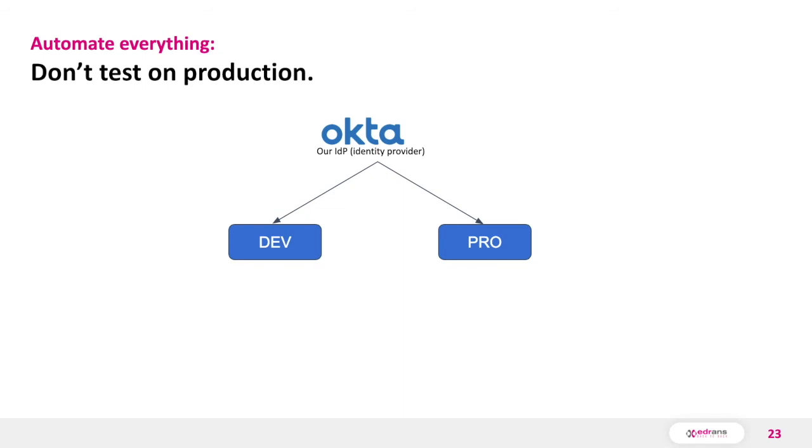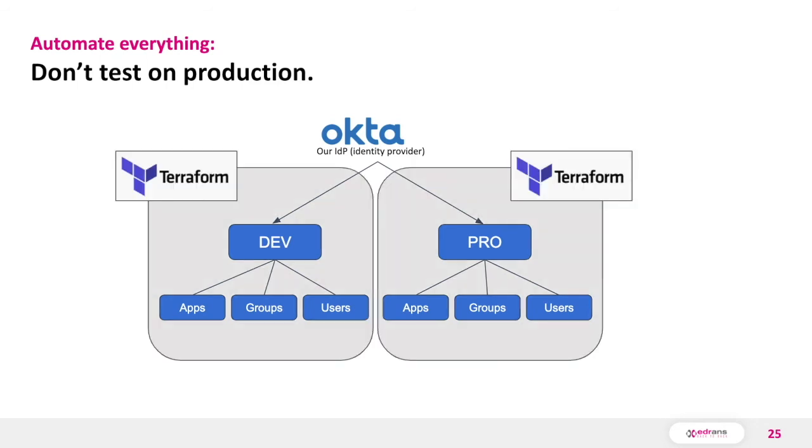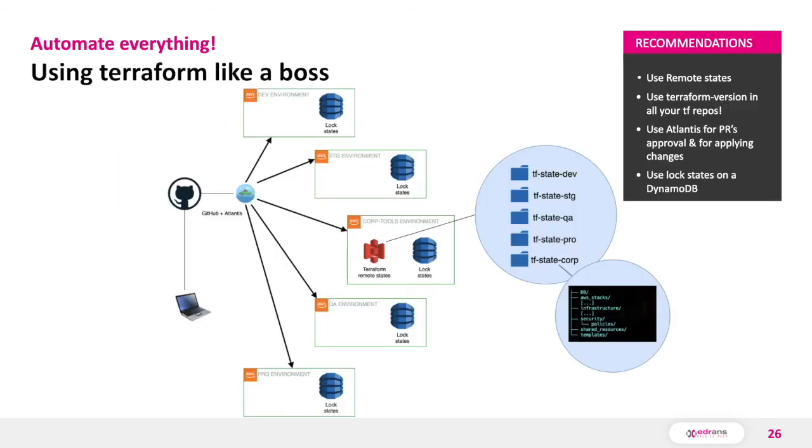Okta also offers you sandbox accounts, so you can test everything before going live in production. So we can have all those environments, everything we're supposed to have in production: user accounts, profile information, groups, roles, permissions, and so on, but we don't want to create all those things by hand, right? We're going to use Terraform to do that. I'm going to show you now an example of how to manage multiple Terraform repositories for several AWS environments.